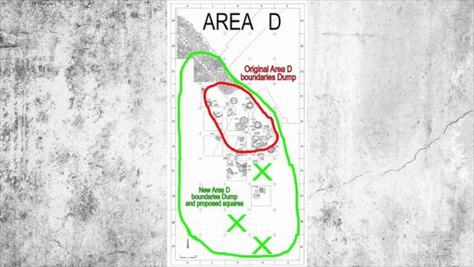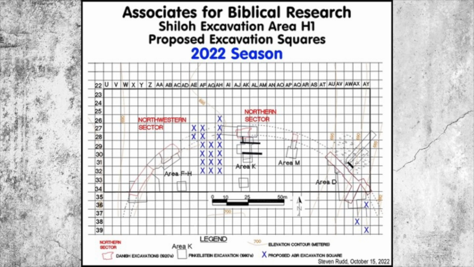But interestingly, if you read his excavation report, he found Late Bronze material all the way down here in square N35. So our hope is to push down a little further, and possibly expand the size of this favissa as we continue to open up more squares. Here is just the overall field or areas of our next few seasons. You can see Area H1, which is where we've been working the past three seasons, and then down here in the right corner, a few new squares we plan to open in Area D.